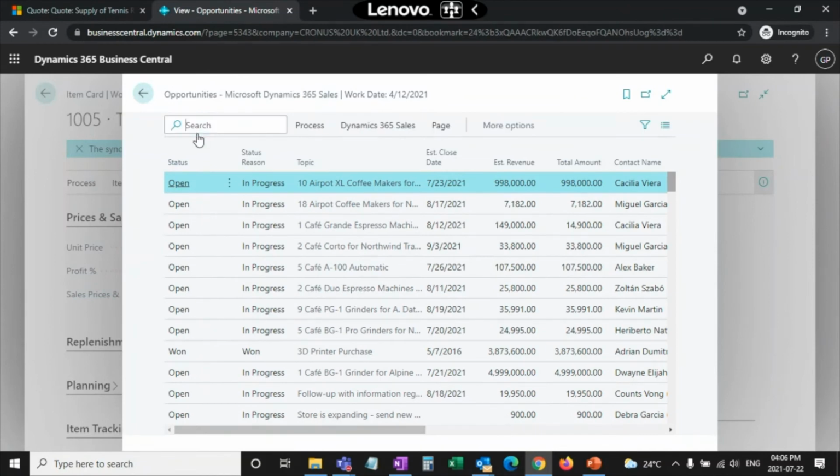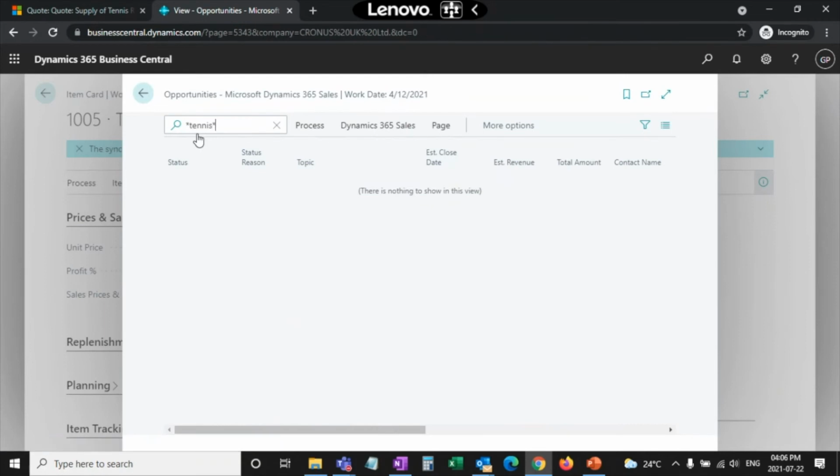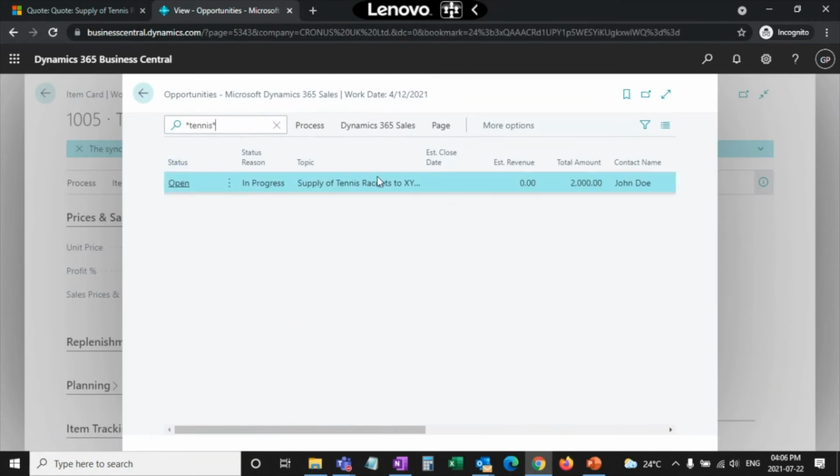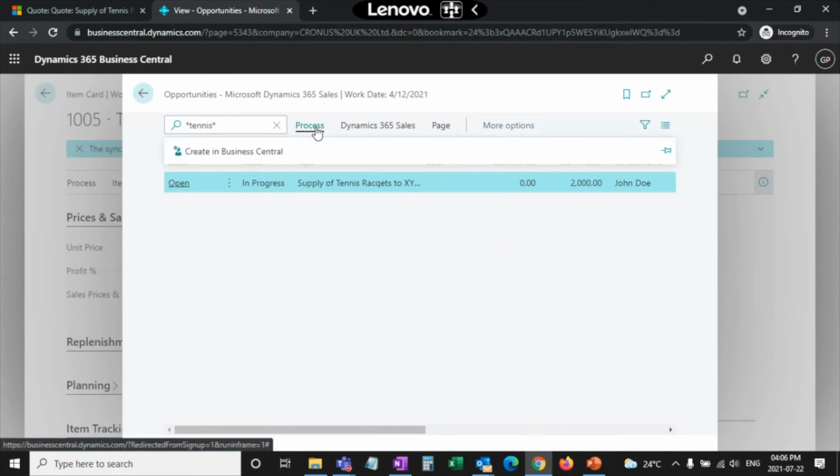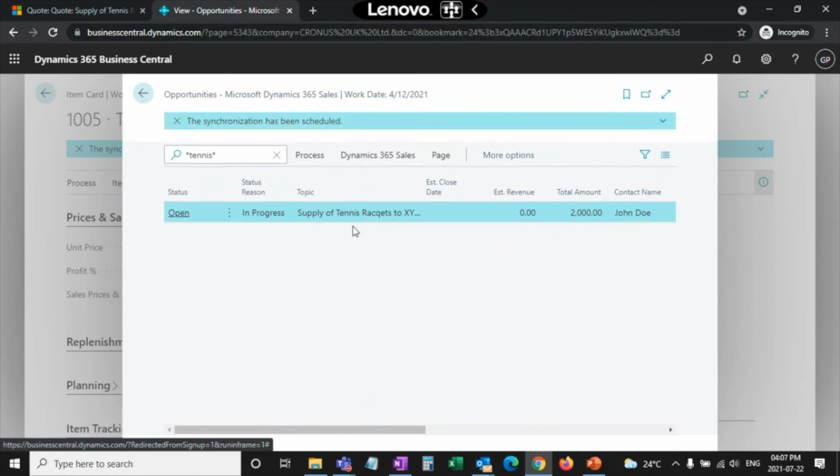Here I will search for that particular opportunity that I have been working on. So here you can see it shows this opportunity. I'll select it and I'll click on process. And it is asking me what I need to do. I'll tell the system that you need to create this opportunity in Business Central. So here I'll click select on Business Central, and I can see that the synchronization has been scheduled.